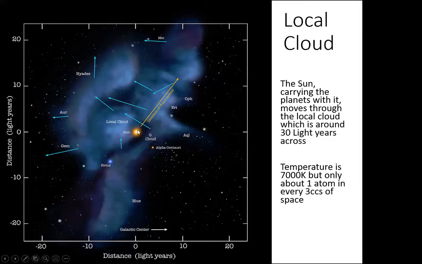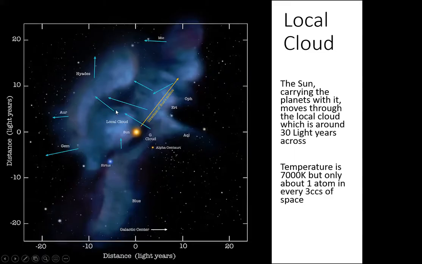Now the sun entered the edge of this local cloud somewhere between 50,000 and 150,000 years ago, and as you can see by the direction, it's going to move out again into this gap in about another 10 to 20,000 years. So perhaps the current time that we're living in is a little bit different from earlier and near future times. But again, it's going to change again as it enters perhaps a differently structured cloud that's moving in a slightly different direction.